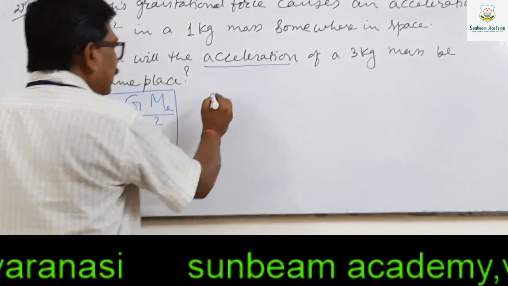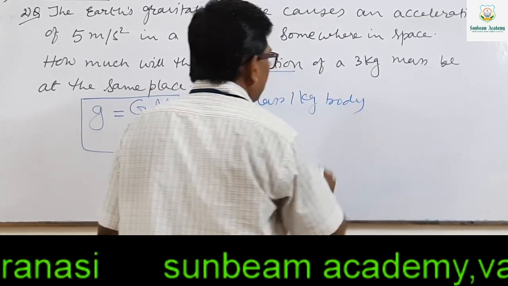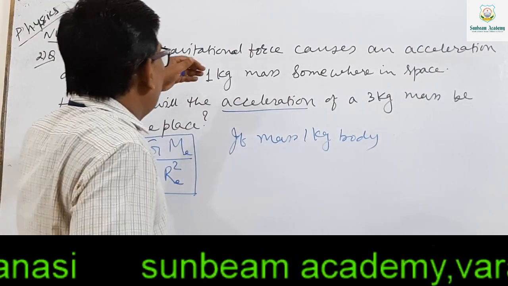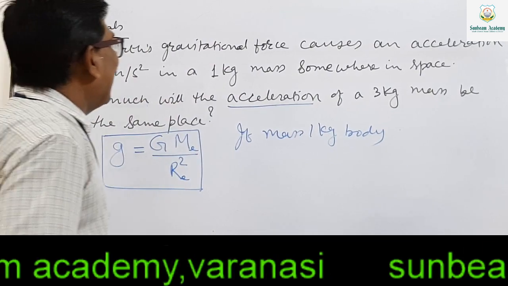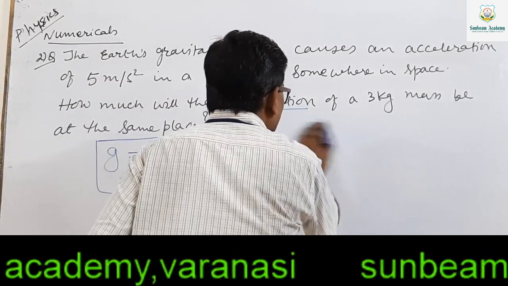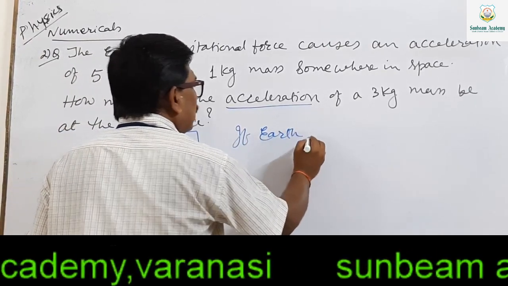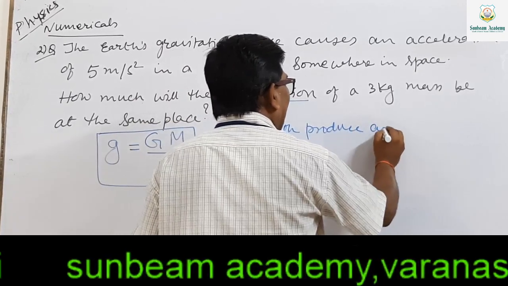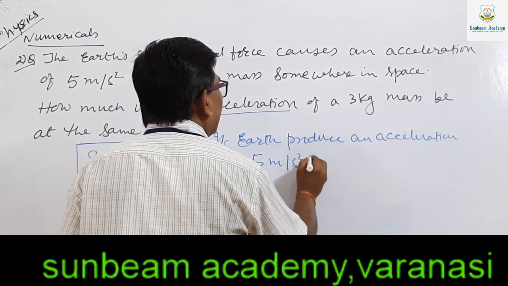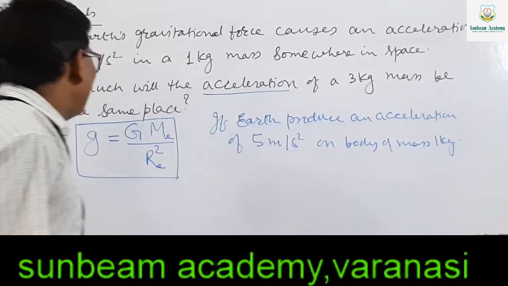So, as per the question, if the Earth produces an acceleration of 5 meter per second square on a body of mass 1 kg, then as per this formula,